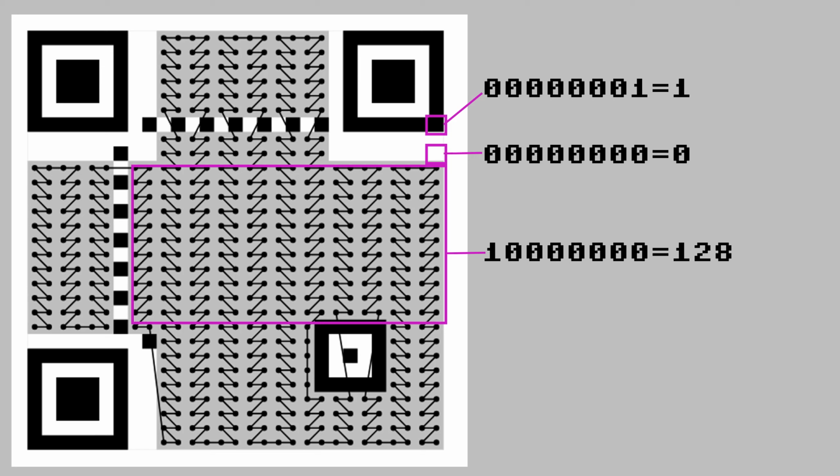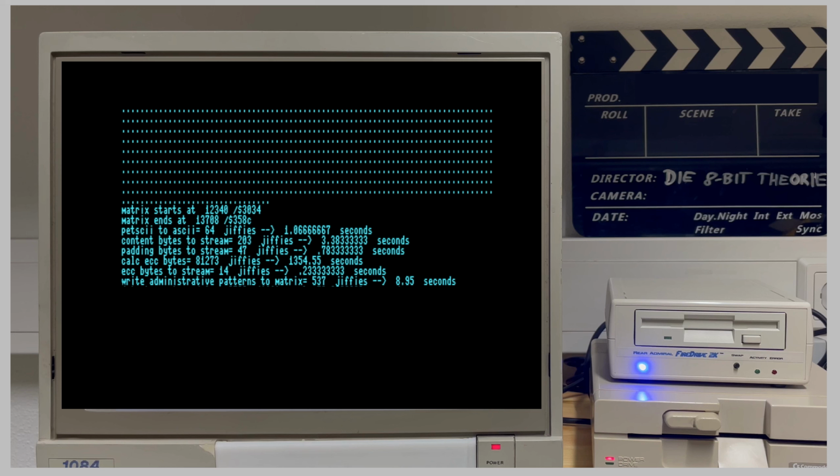So we initialize the matrix with values 128, and when we write the alignment and timing patterns, we write the value 0 or 1. The highest bit is automatically cleared. This step looks pretty simple, still it takes about 9 seconds in my implementation at 2 MHz.